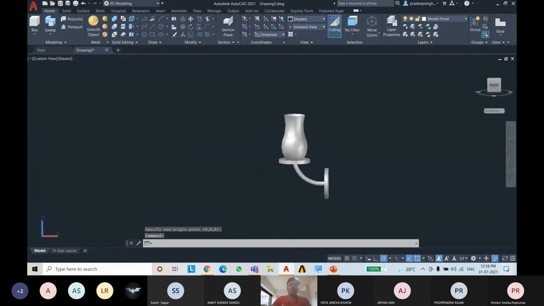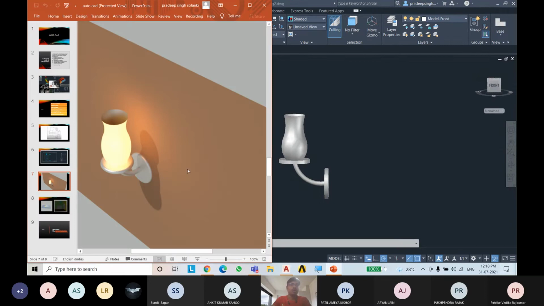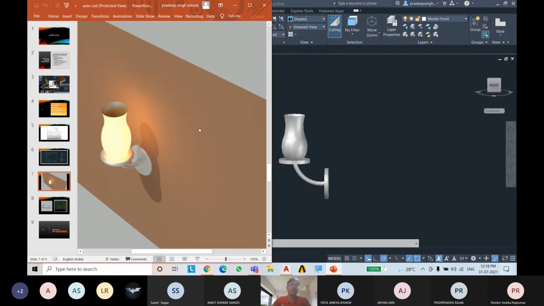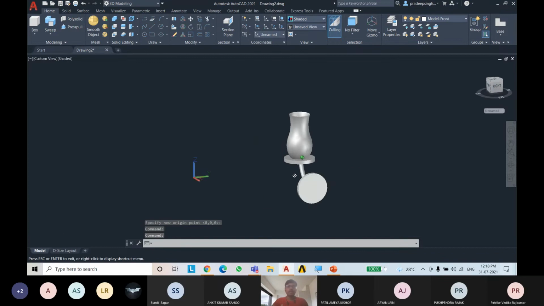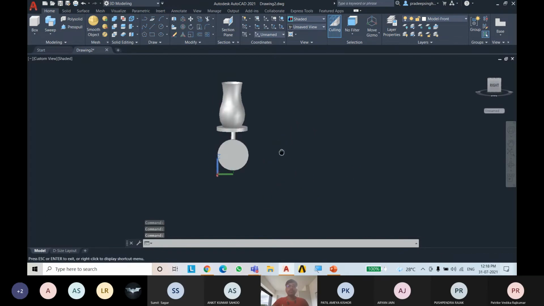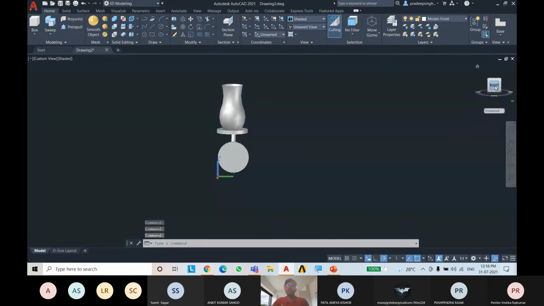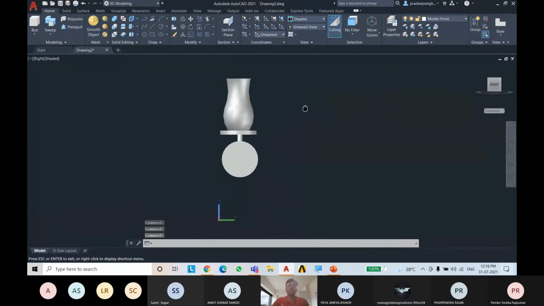Now we need to draw this back side wall. For that, we need this back side to be here. You can see that this is the right side. Again, I will show you another thing known as dynamic UCS.